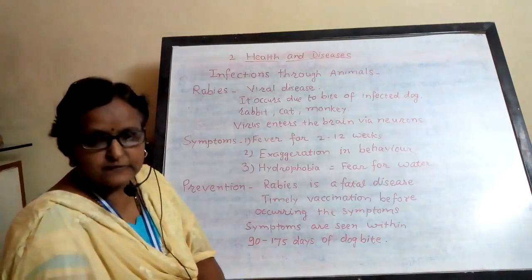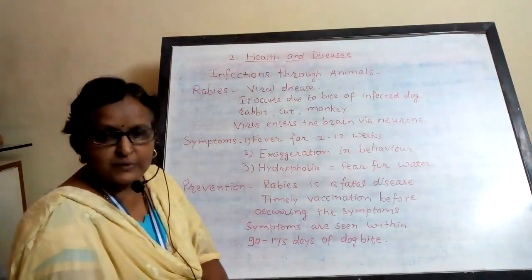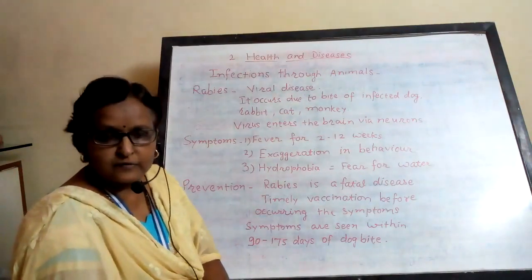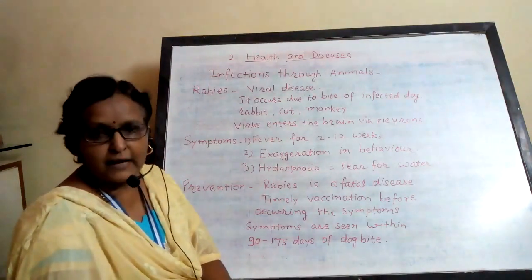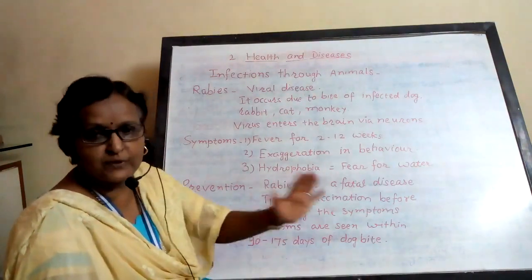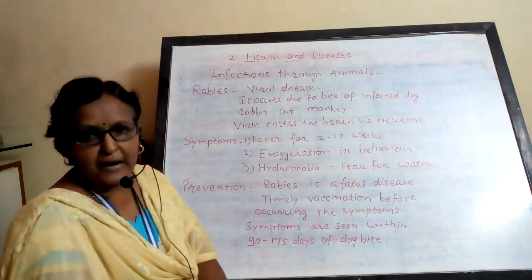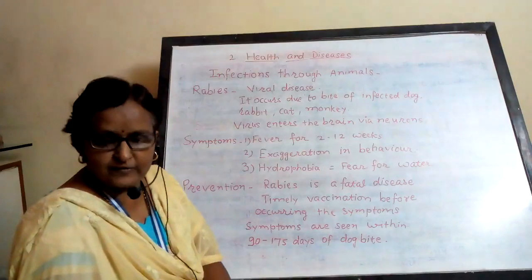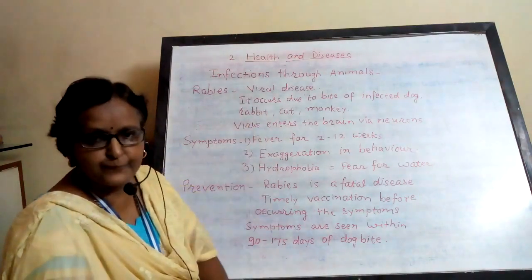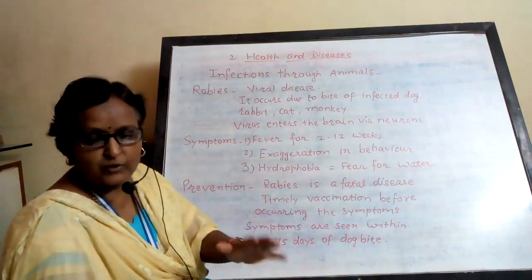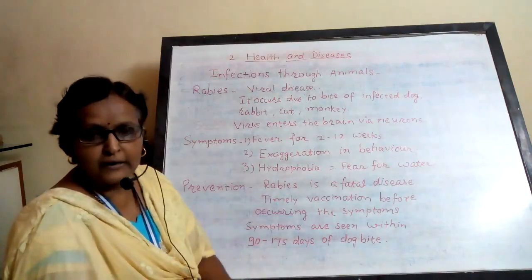The virus now enters the brain through neurons. Neurons means a network of small hair-like capillaries are there. They form the network throughout our body, from brain and spinal cord to different parts of the body. They carry the messages from brain to different parts and from different parts to brain. So if the dog bite is of an infected dog, then